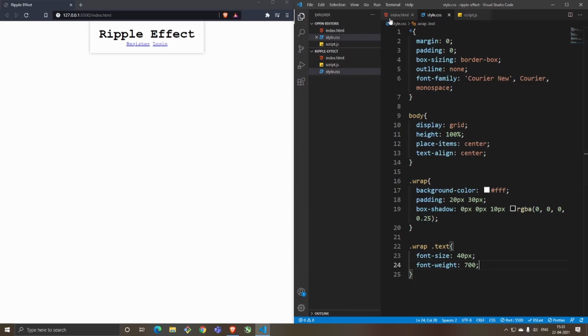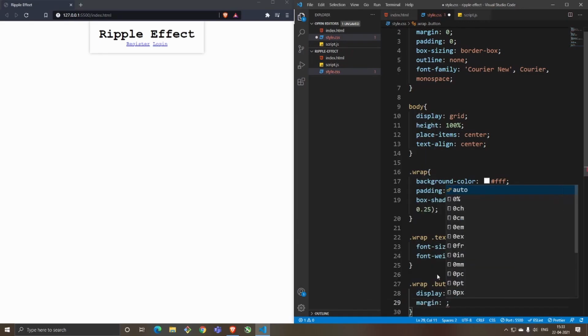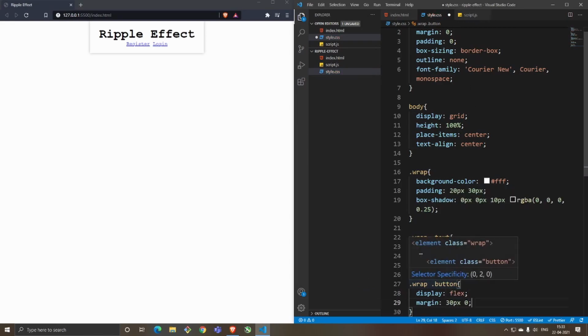Next, we'll go ahead and style the buttons. Now again, same here. We have said .wrap is a class, and inside that there's a class called .button. What style do we want to give it? I've said display: flex. Why display flex is used is to handle it when the size does not match, let's say you change it to a mobile device and your text is going far away. When you say display flex, it keeps it within the boundary. If it's too much, it shifts it column-wise or row-wise.